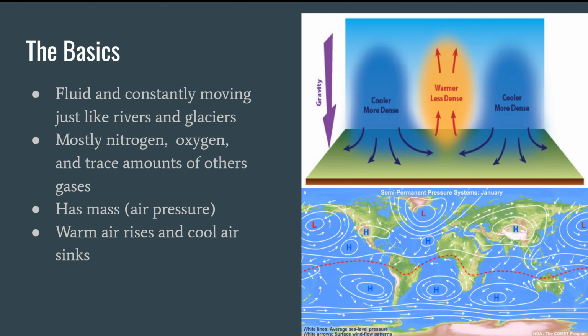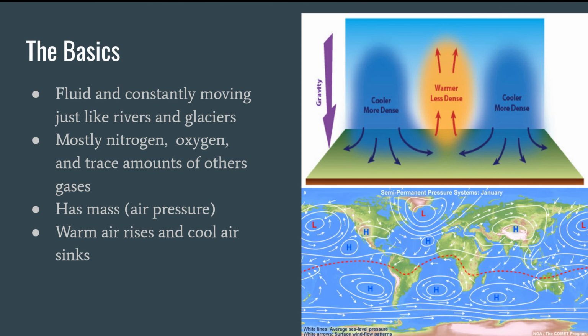So, at its core, the atmosphere is a fluid. It's the region of space above the surface of the Earth, ranging from the ground all the way up until space. So that counts as the atmosphere, and you can think of it at its core as a fluid. So it moves in many ways like rivers, and it's this movement of the atmosphere rather than the atmosphere itself that generates much of the world's weather and climate.